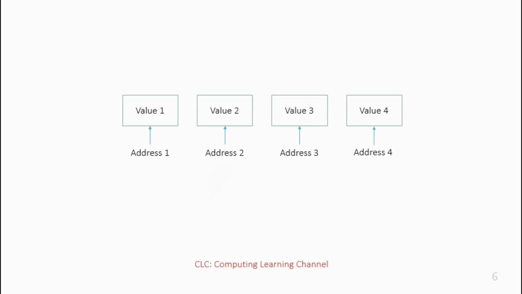Think of memory as a bunch of cells, each of which has a value and an address. And a pointer is just a fancy name for an address, so a pointer is synonymous with an address. I don't have to explain the difference between an address and a value, right? So, what a pointer does is it simply points to a cell in memory. That's it, as simple as that. Now let's take a look at an example.